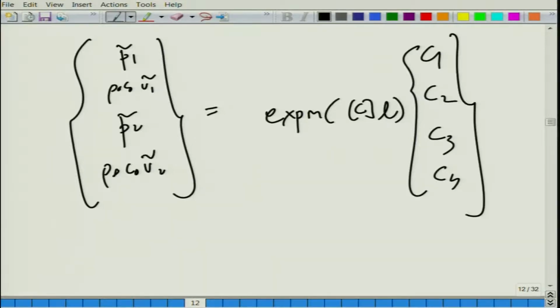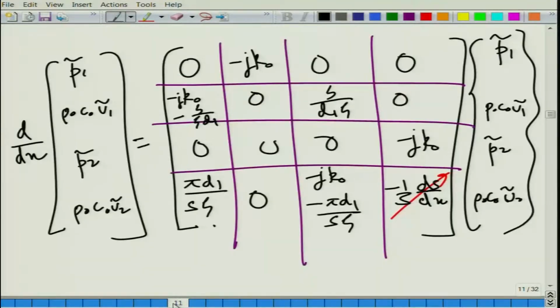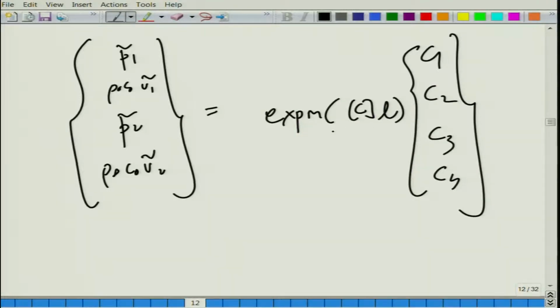So, your life is pretty much sorted out, but then once you have variable coefficients with variable differential equations, things are a little more tricky. So, what we need to do is follow the matricent approach. So, matricent approach, what does it do? Basically, over a small segment delta x, whenever you are getting this sort of a solution, you assume that this L is replaced by delta x, and eventually what you would do, let us say I am drawing a very exaggerated view of this coupled system. So, you have this kind of a thing.